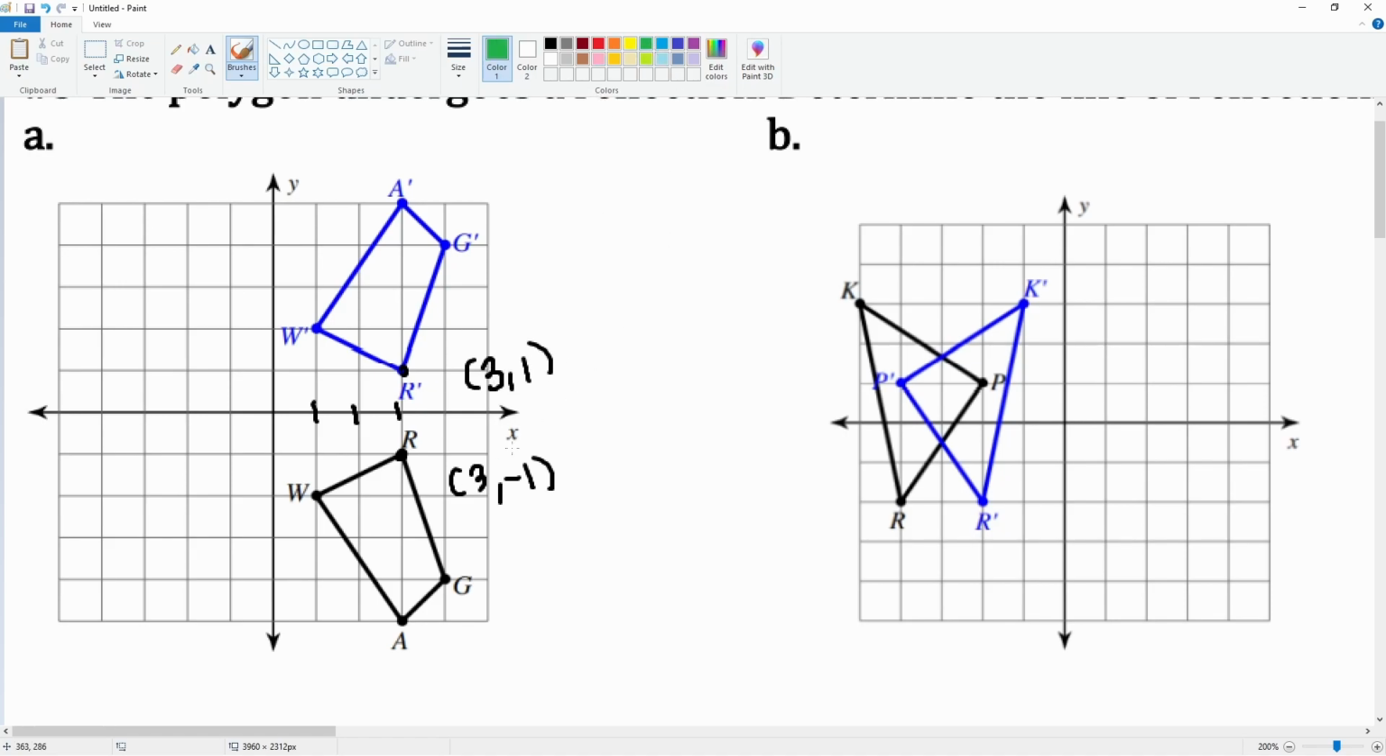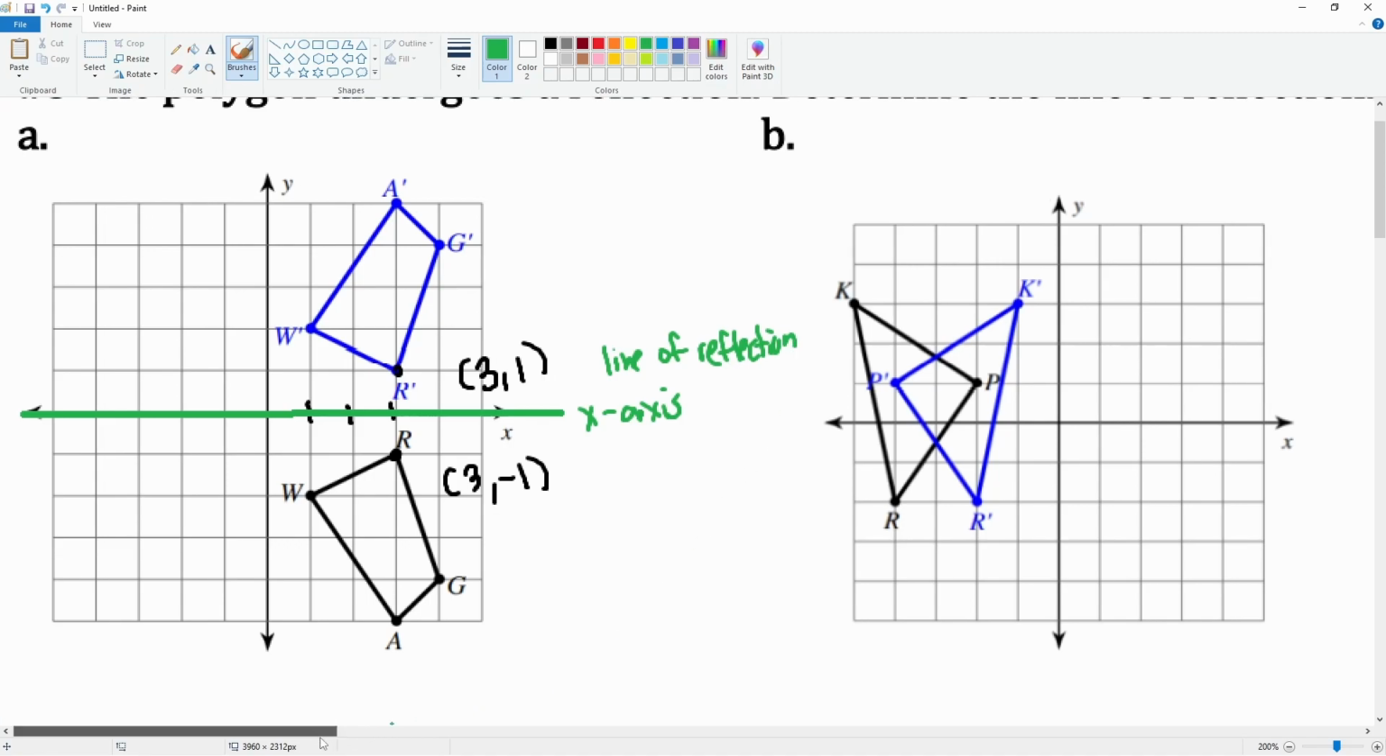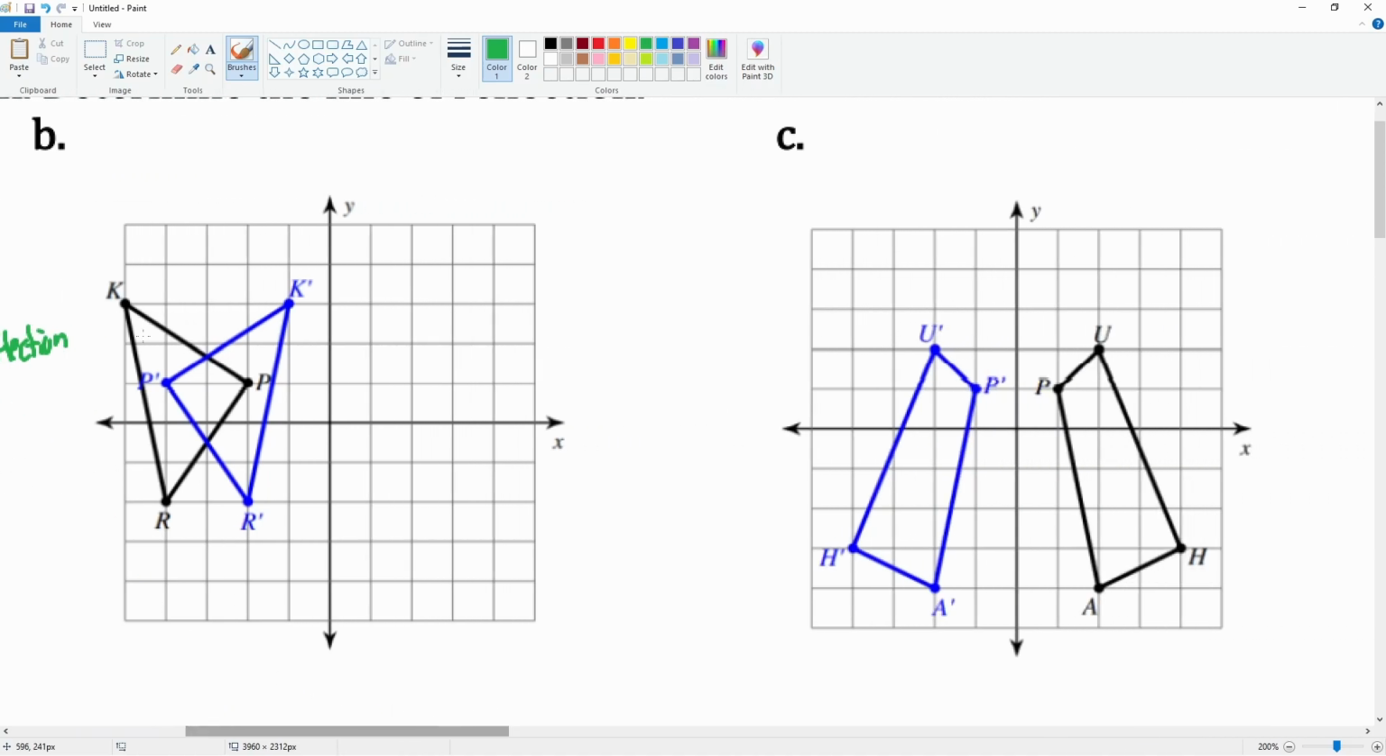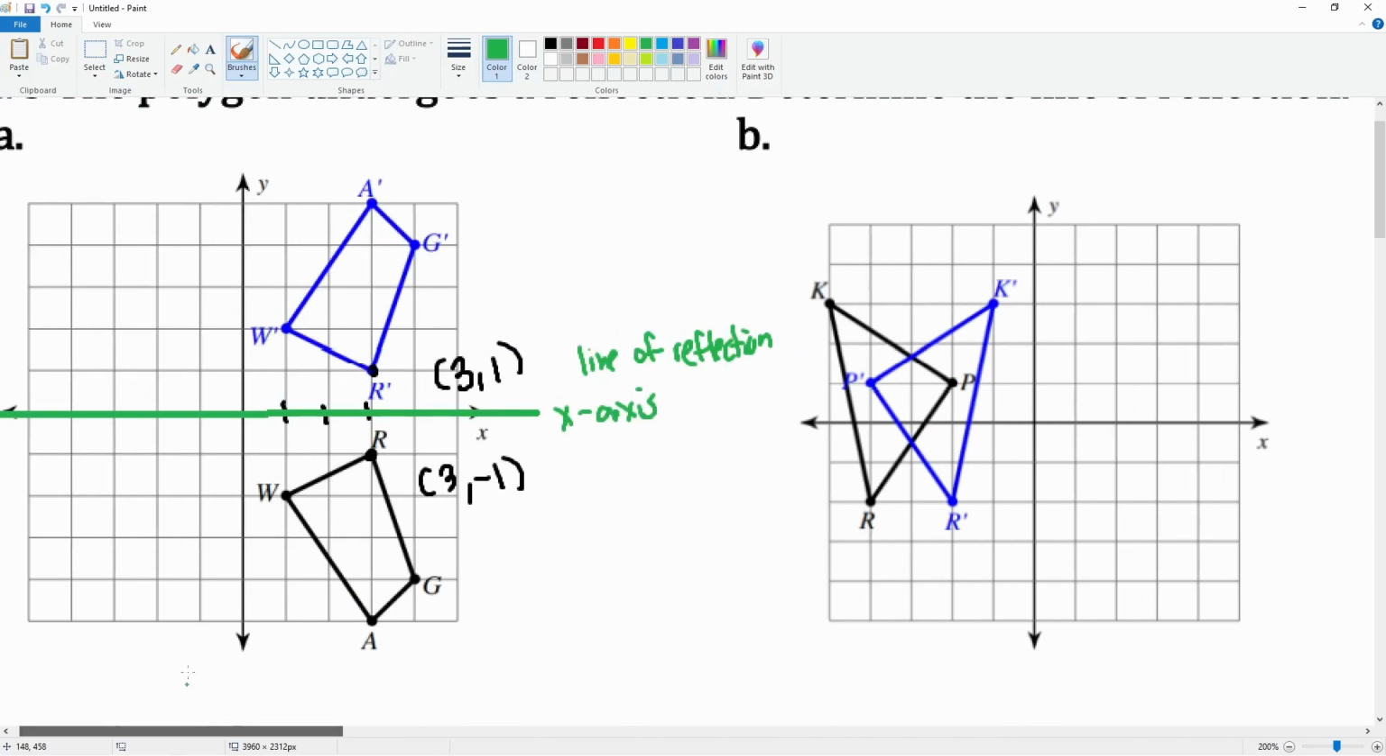Okay, it looks like the y value changed. So based on our rule, we know that it reflected across the x-axis. This was the line of reflection for A. Next, for B, there isn't a straight rule here, but we notice from A, the line of reflection